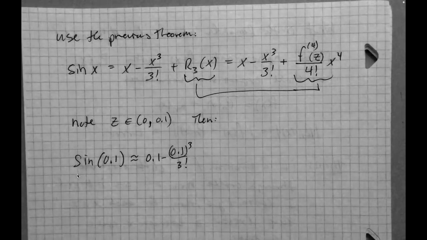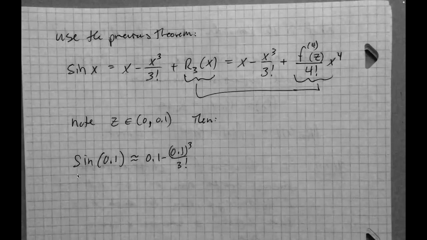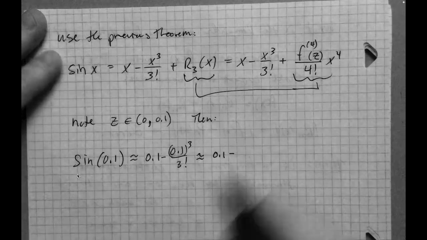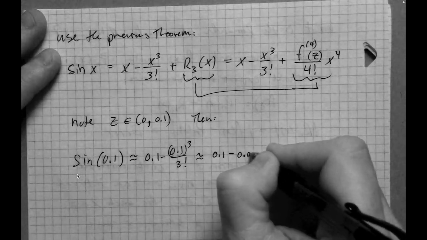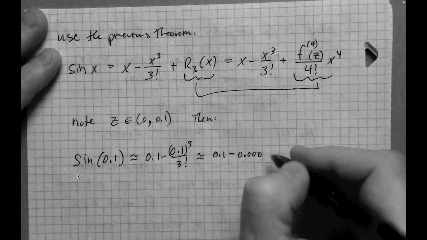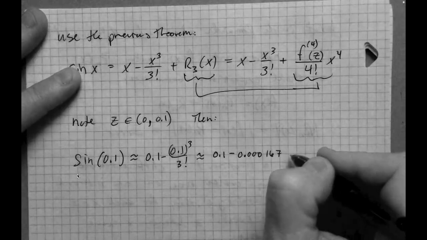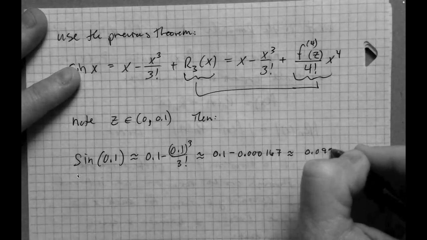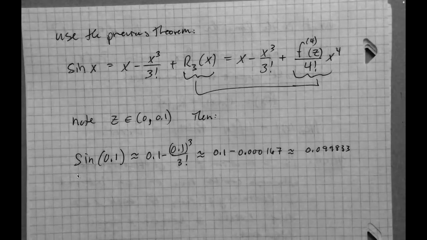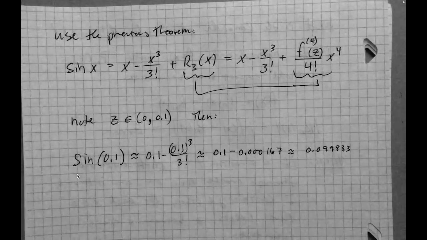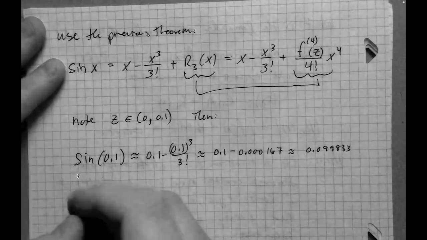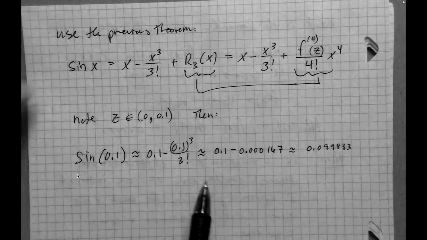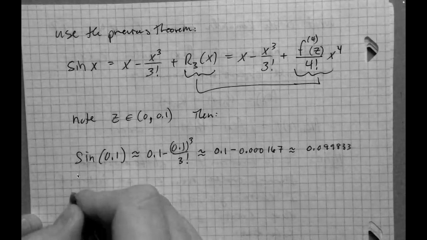Just plugging in the value, we get 0.1 minus, and I've done this calculation ahead of time, 0.000167, which is approximately 0.099833, right about there. And that's just the approximation from the Taylor polynomial side. We haven't got the remainder yet, but let's look at the remainder now,